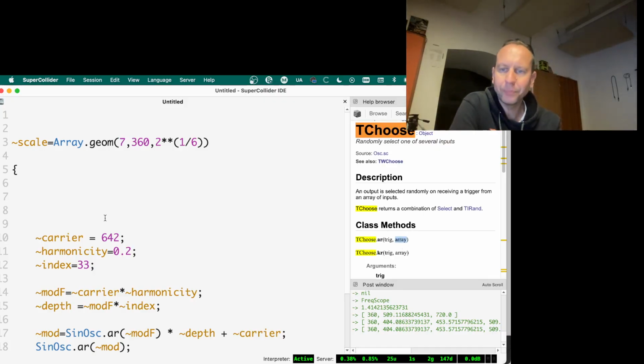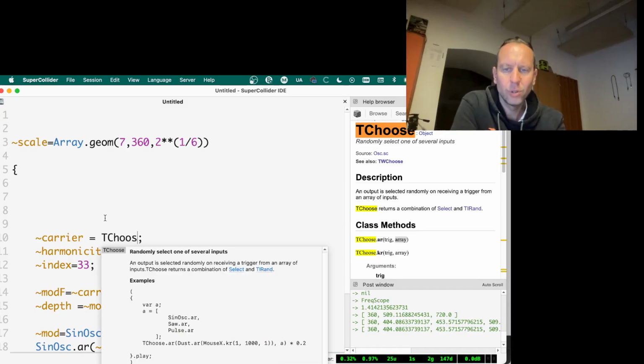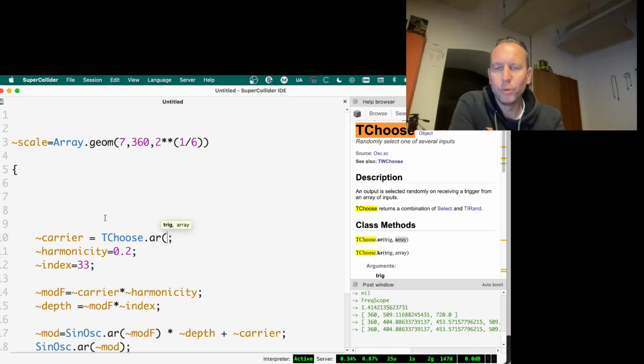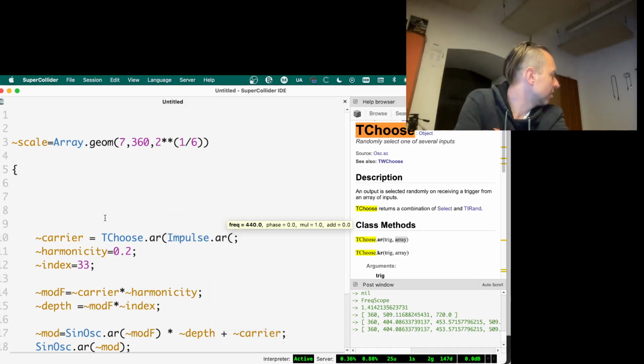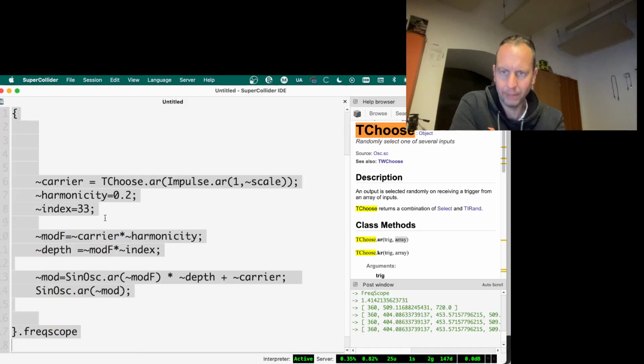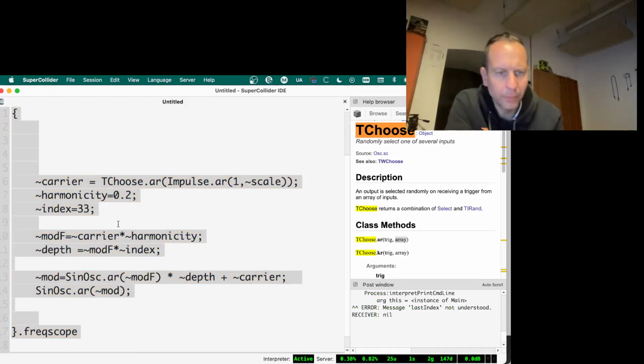based on a trigger. Okay, so what I'm gonna have here then is that my carrier is a TChoose. Well, I can do AR, I don't really care. The trigger is, you've seen Impulse being used as a trigger, and I've explained how you can use actually any signal, but we'll keep it simple. We're gonna take one new value every second, and my list will be the scale. Okay, so if the scale is there, the scale is there. That should do something, except